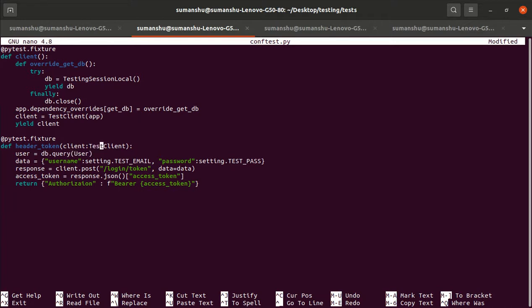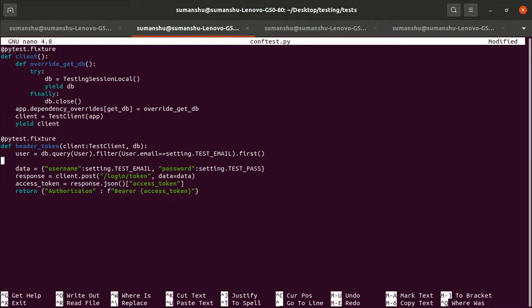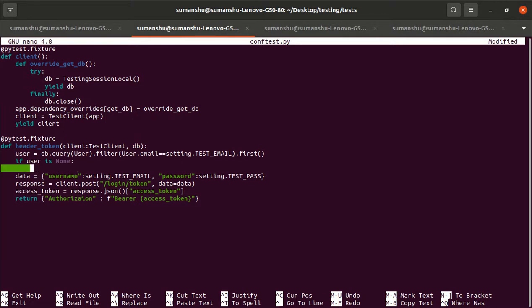If we are using the db, then we have to pass the db here as well. db dot filter user dot email equal to settings dot test email, right, dot first. If the user does not exist, if user is none, then it should insert the user as well.